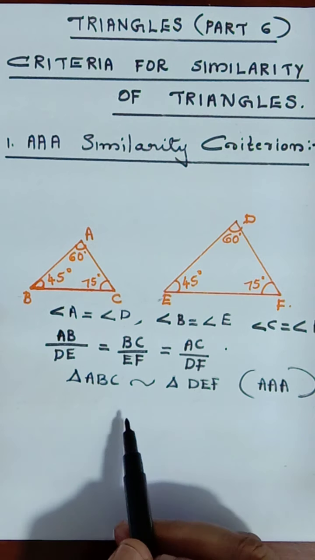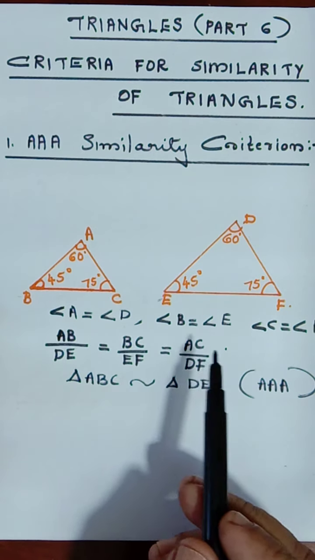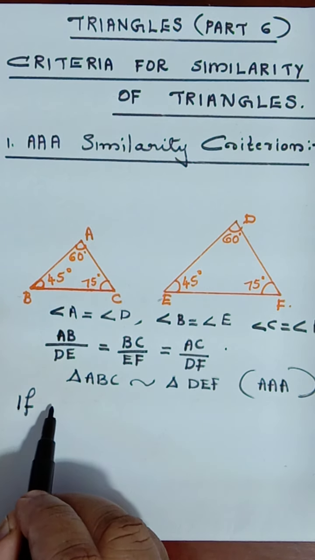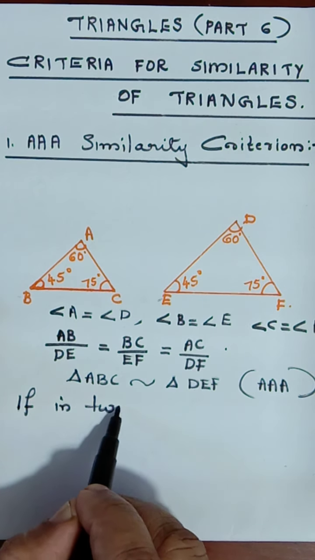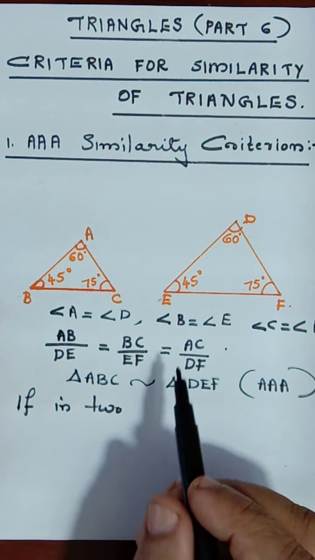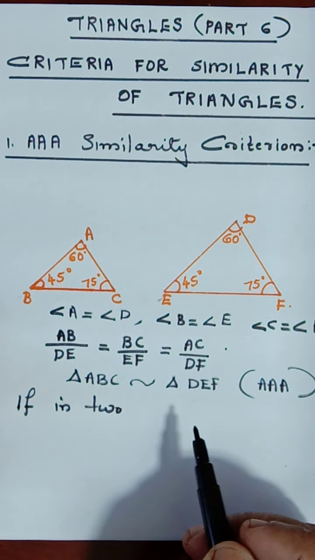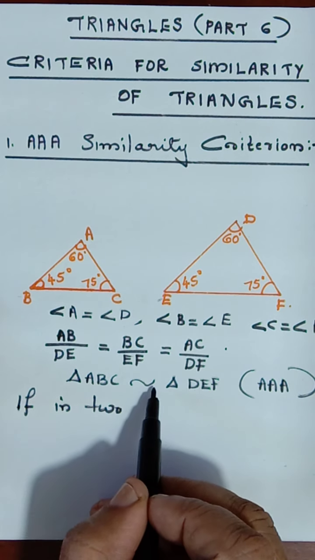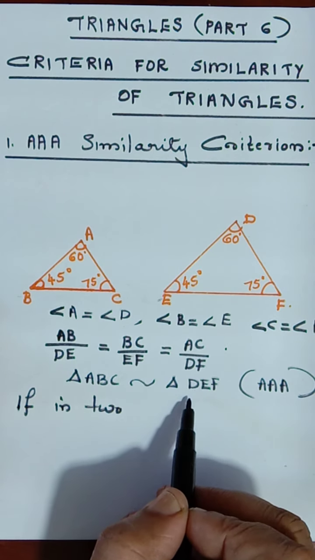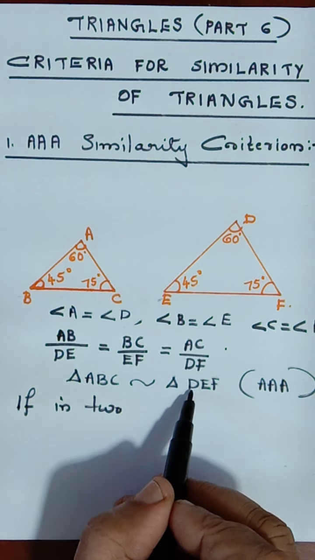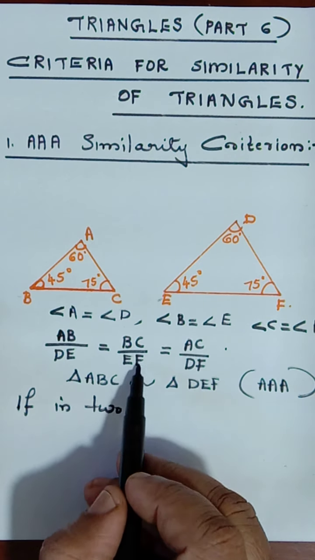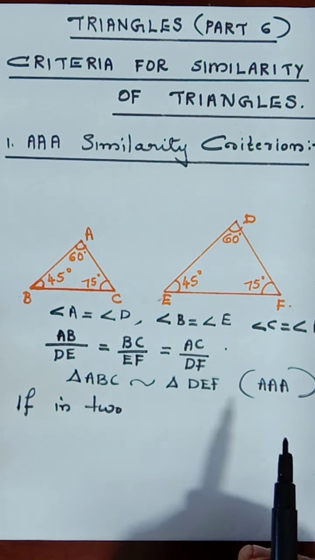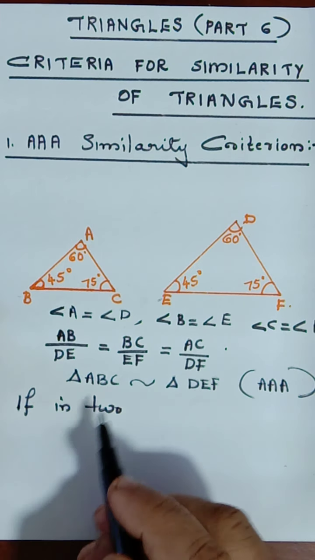Let us write what we have studied as the theorem. It is AAA similarity criterion. So you have to copy down this. No need of hurting children, just you should know the name AAA similarity and understand the concept, how we are writing it in order and what is the reason for similarity. If two triangles are similar, how the sides are proportional. The corresponding sides are proportional. That is what in this case you have to study.